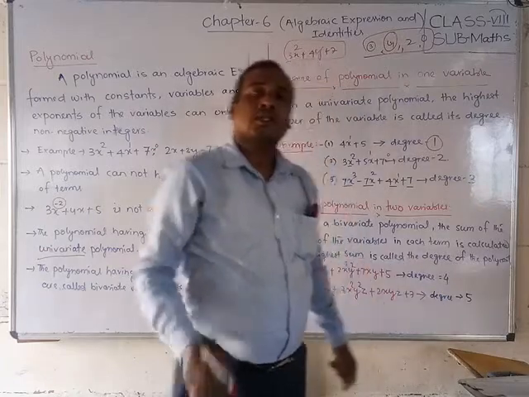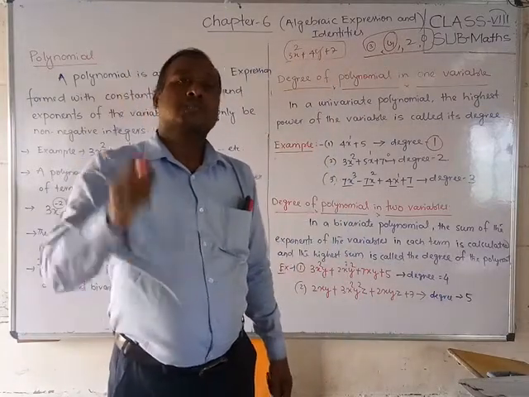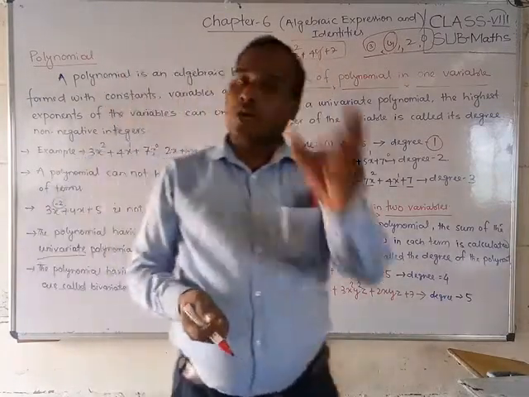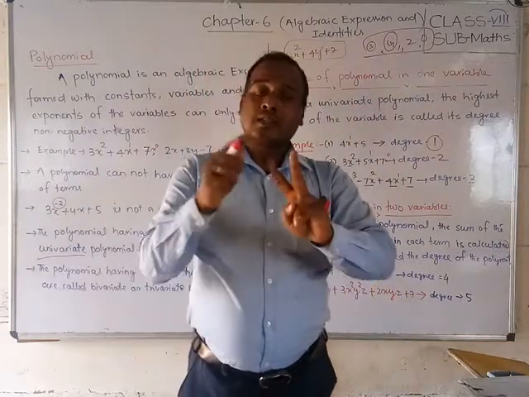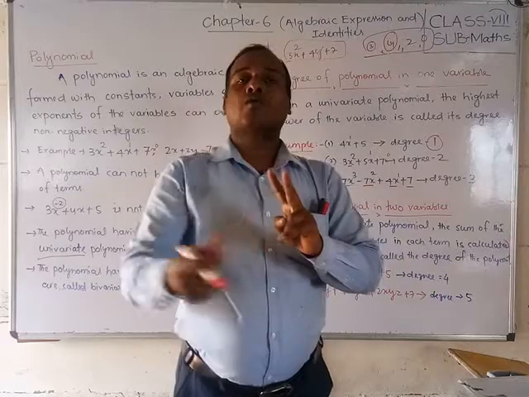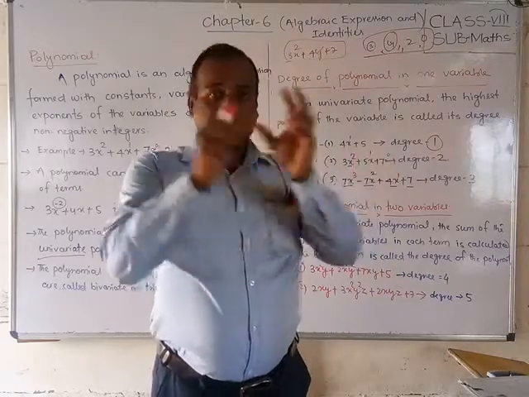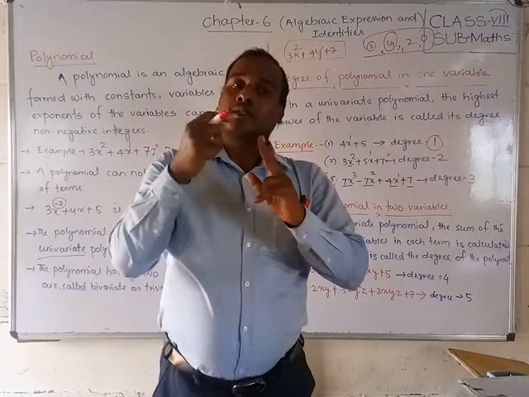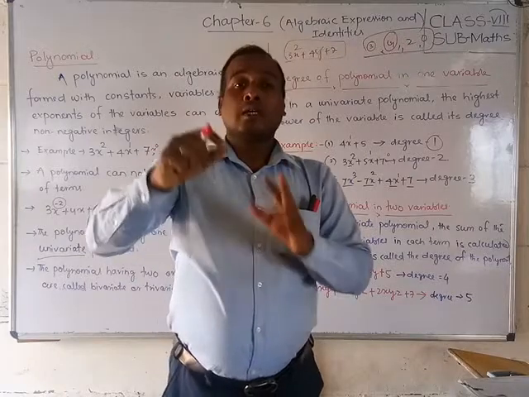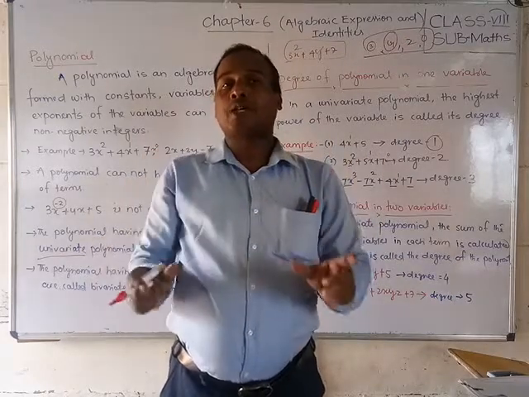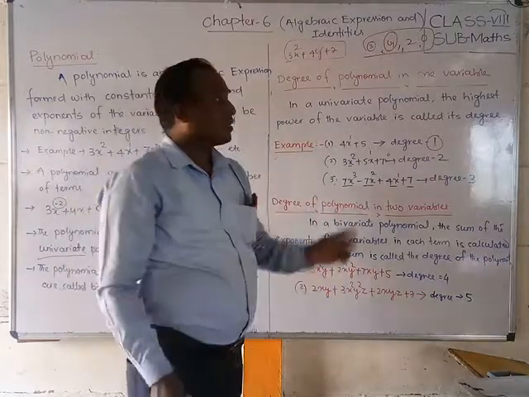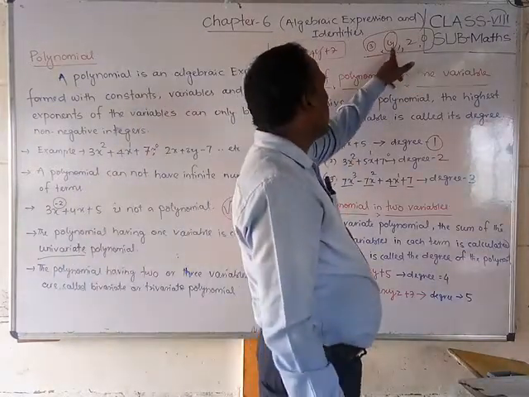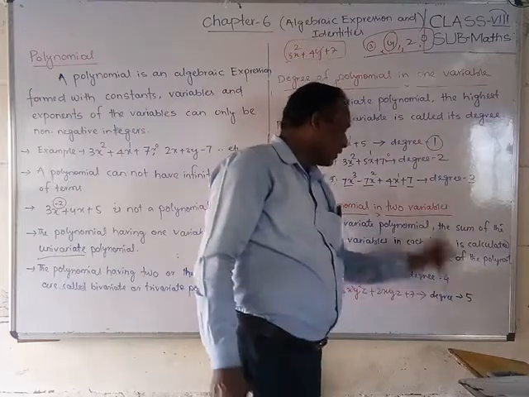Did you understand, friends? The degree of the polynomial is 4. That means for each term, where 2 variables are there, you have to add the powers of the variables and write it. For the second term, check the variables, add the powers, write. After the addition of the powers, you observe which one is the highest. Now that is 4, so the degree is 4.